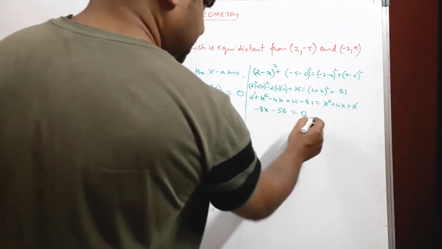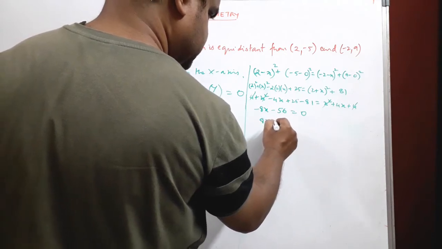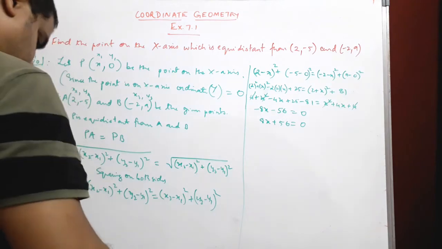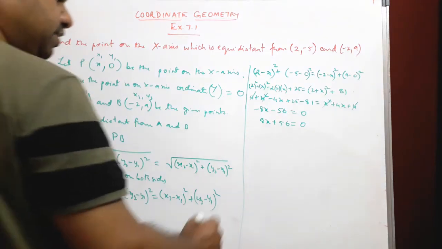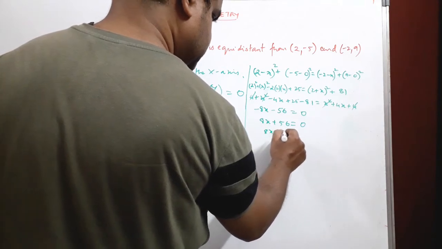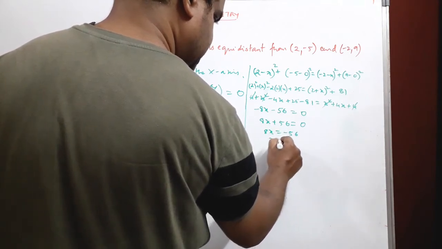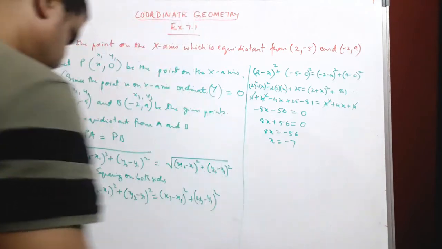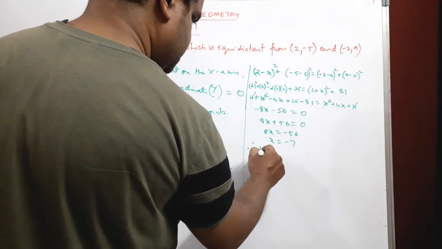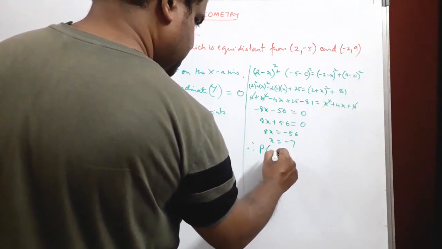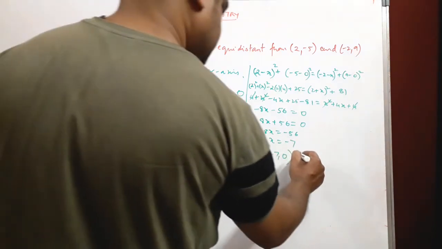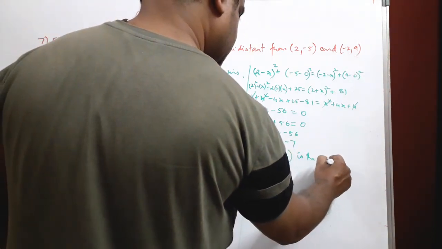So if we take negative sign out, we are left with 8x plus 56 equal to 0. Okay, and then we need to take 56 on the other side. So we will be 8x equal to minus 56, x equal to minus 7 is the answer. So that means the point, that is therefore P, would be minus 7 comma 0. Okay, that is the point,